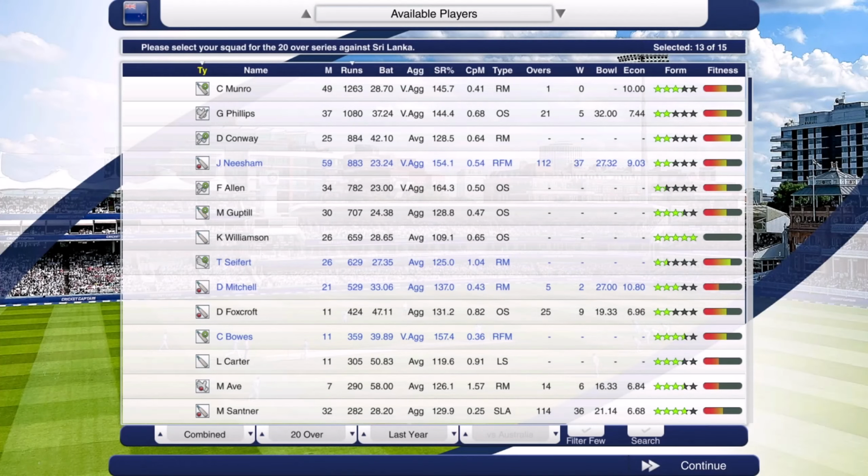The number of 15 though will actually vary depending on whether you're playing your series at home or away from home. If you're playing away from home in a big test series, you actually might get to select up to 18 players, I think it is. But as soon as you're playing a test match series at home, you only need to carry around 13 at a single time,